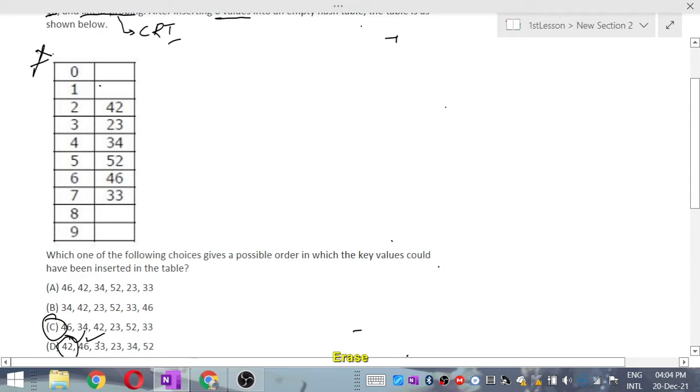Not able to paste this. Sorry, no problem.